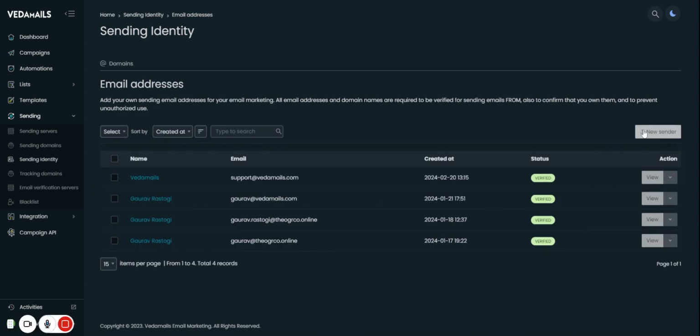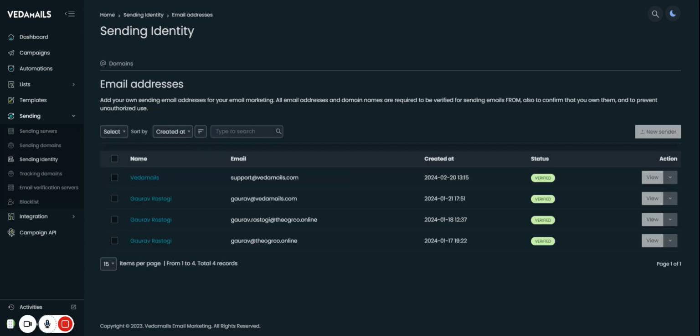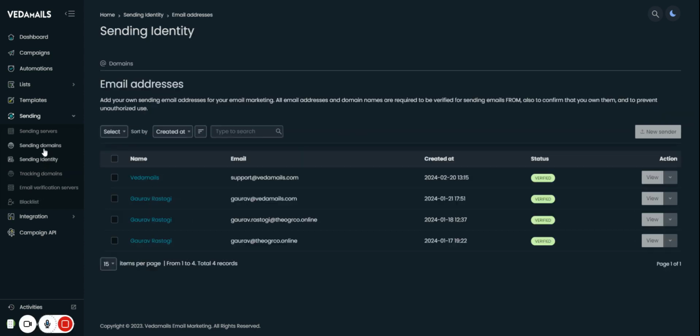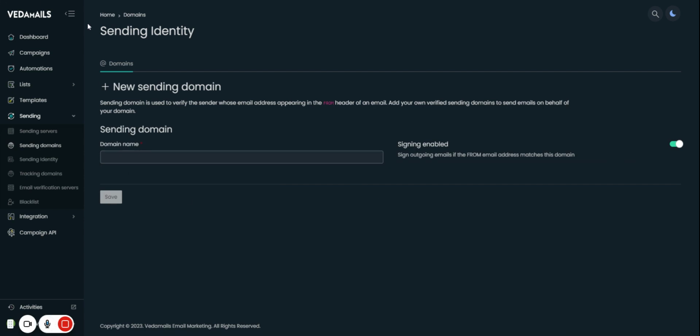Just click on this new sender, add your email address, and you will get a link on your email, and verify that particular email. I also do recommend verifying your domain as well. So you can create a sending identity here in sending domains, just simply add a new sending domain and verify your domain as well. Okay, so you just click on this new sending domain and add your domain, and after that